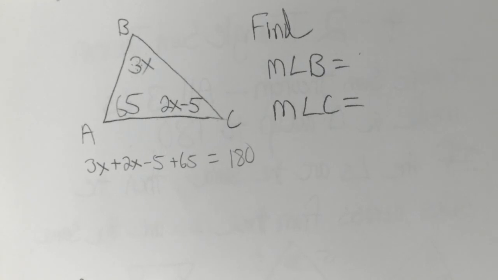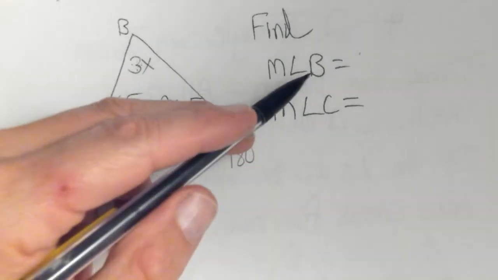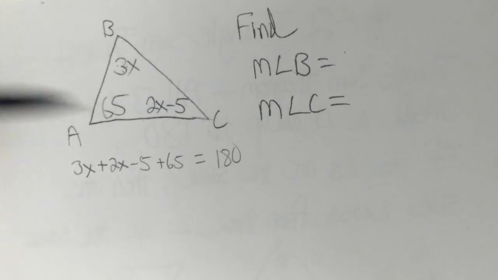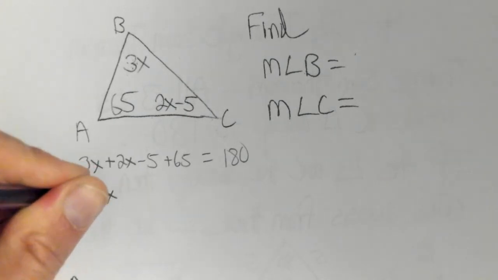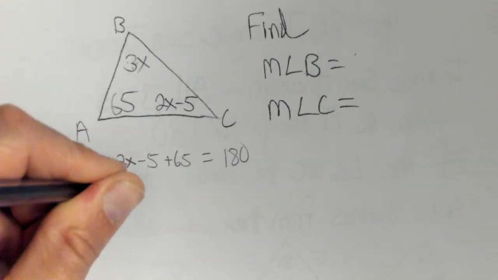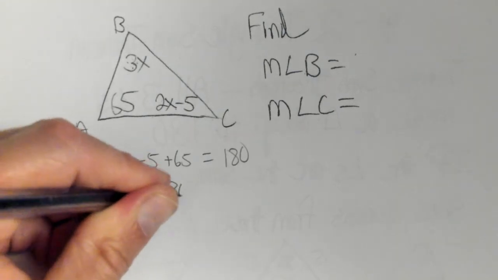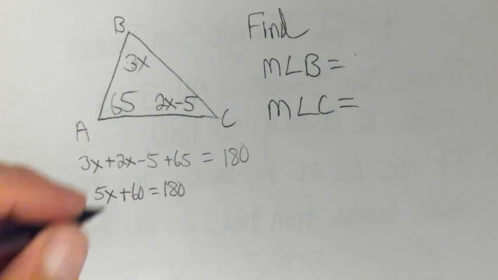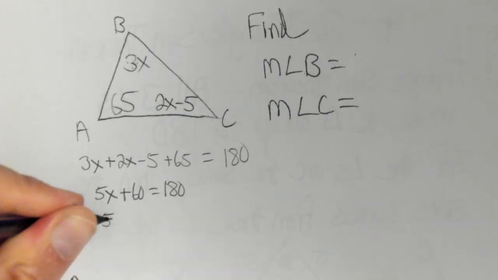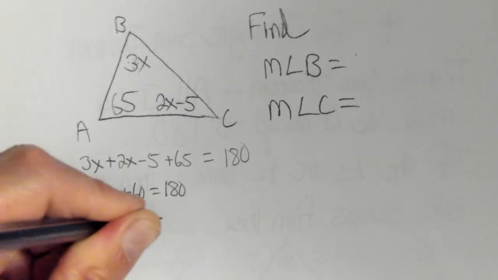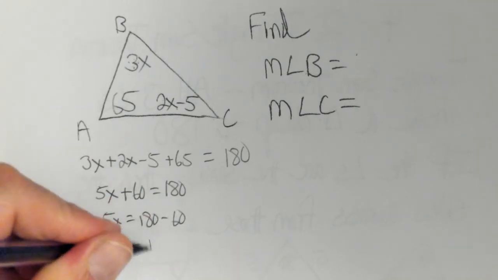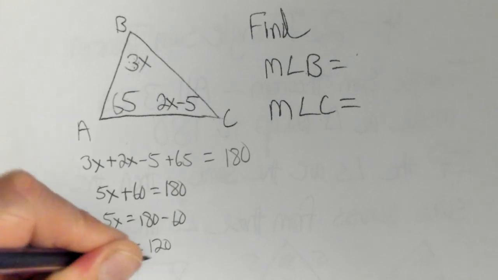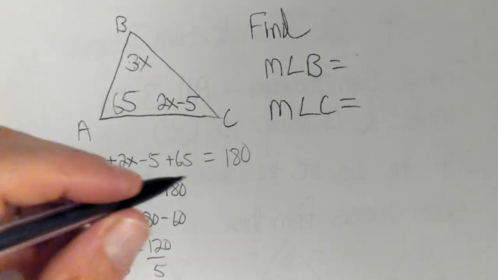And so in this case, I can go ahead and solve this now for x, and then I will have something to plug into angle B and angle C so I can answer the question. Alright, so let's go ahead and solve this. So 3x plus 2x, we can make that 5x, and 65 minus 5 is plus 60. Equals 180. Alright, so now I can move the 60 over to the other side and get 5x is equal to 180 minus 60. And I've got 5x is equal to, when I subtract this off, 120. And then now the only thing left is to divide. And I will get x equals